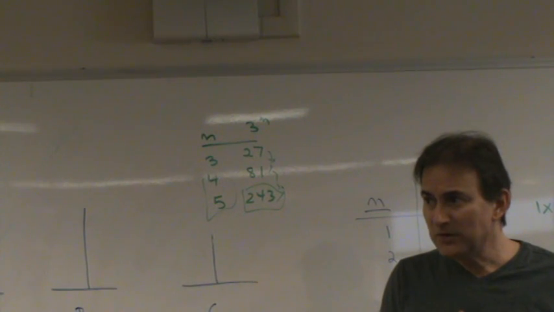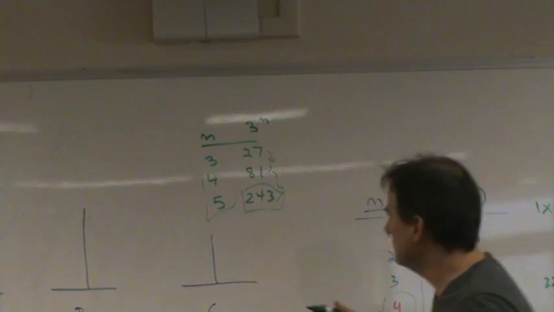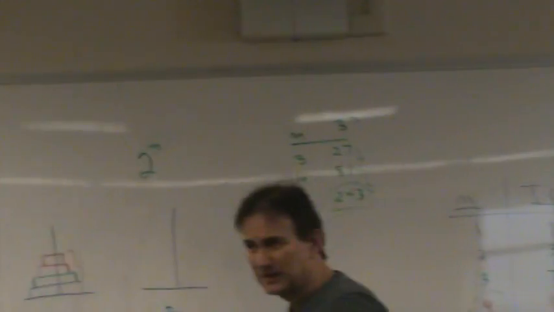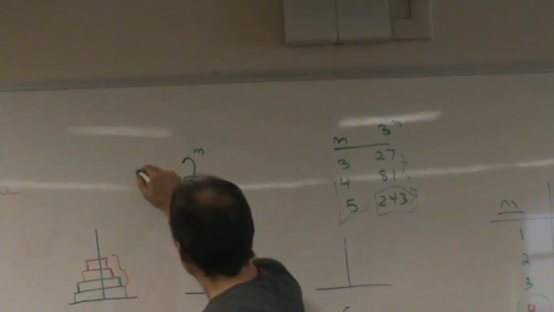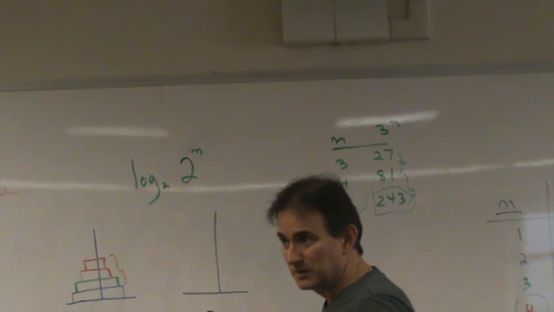So the logarithmic function and the exponential function are inverses of each other. For example, if I have 2 to the nth power, that's a value. Okay? But if I take the log base 2 of 2 to the nth power,